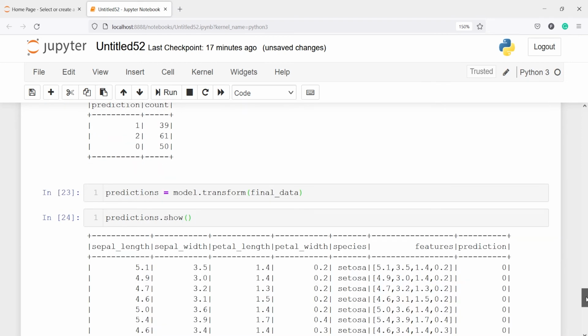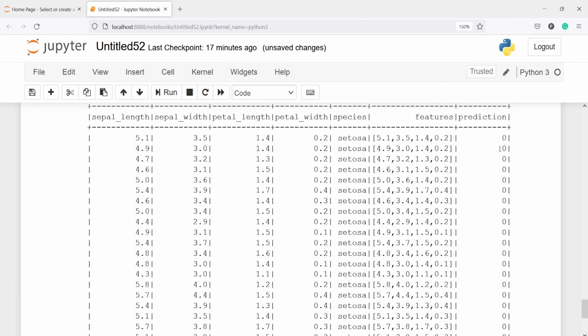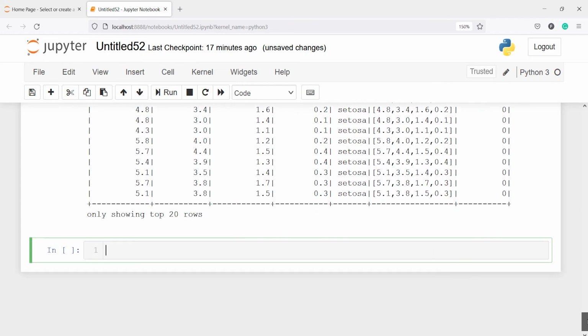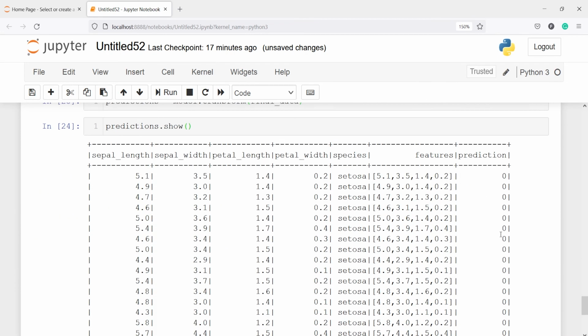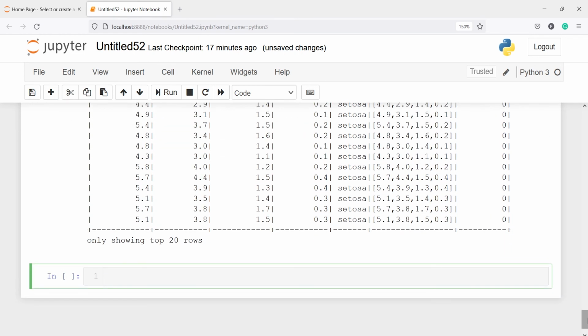So here we have this new column, prediction, and it says that the first row, this first species, is predicted in cluster number 0, and 0 indicates that it has been predicted in cluster number 0. This prediction column indicates that only, and we will do the predictions group by.